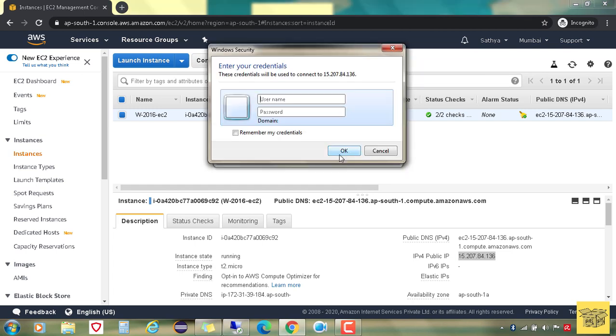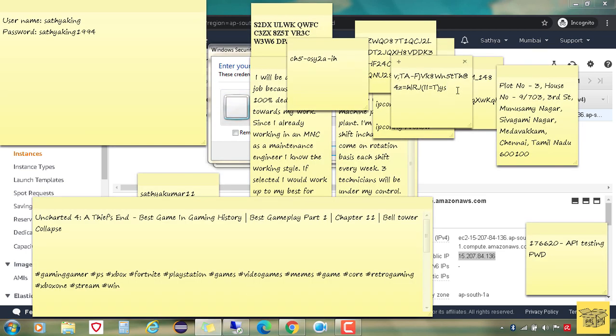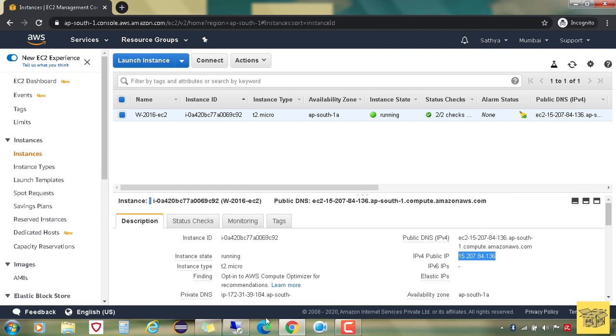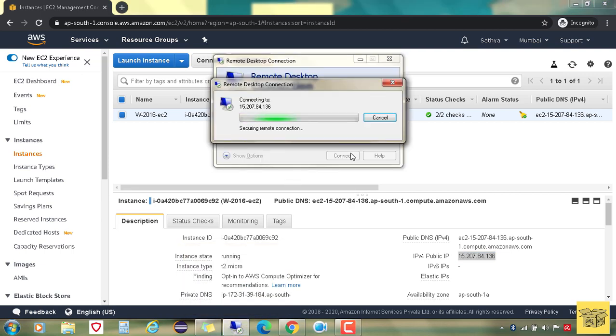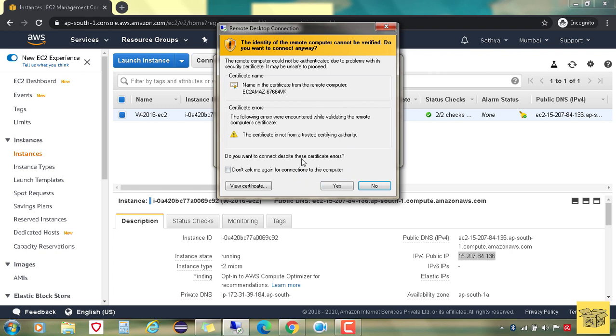The username is administrator. Paste the password which you have just copied. Click on yes.